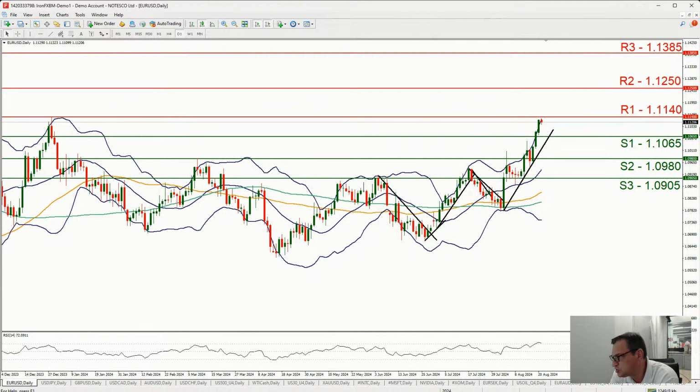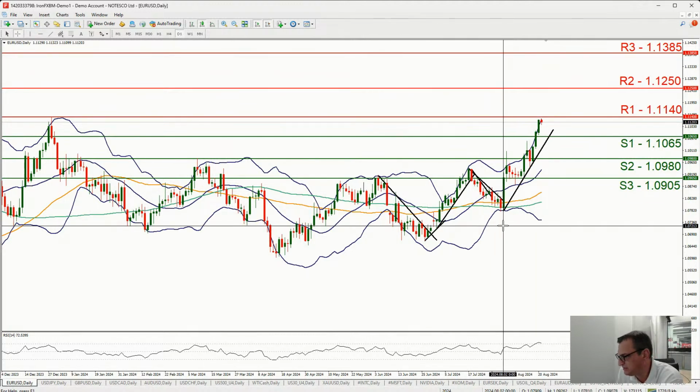Should the bulls maintain control over the pair, I would expect it to breach the 1.1140 and start aiming for the 1.1250. At the same time, we tend to maintain our bullish outlook as long as the upward trend line remains intact. So even should the price action of EUR/USD correct lower, it will not change our bullish outlook as long as the upward trend line, which has been guiding the pair since the 2nd of August, remains.